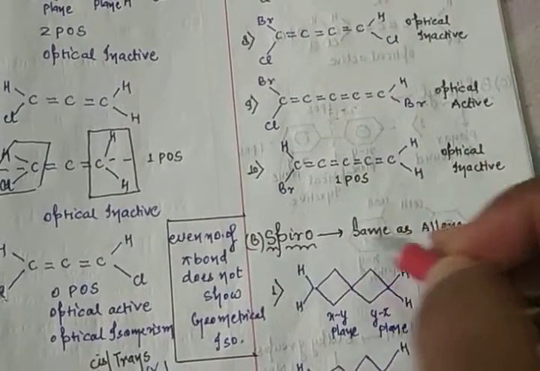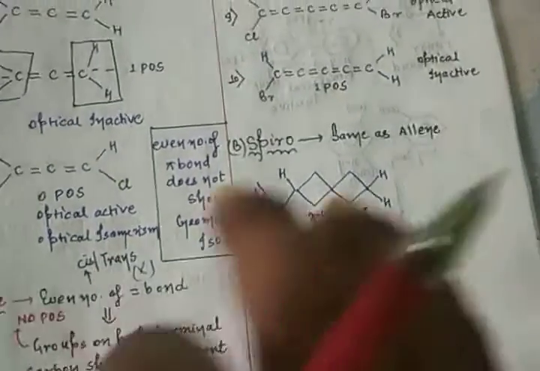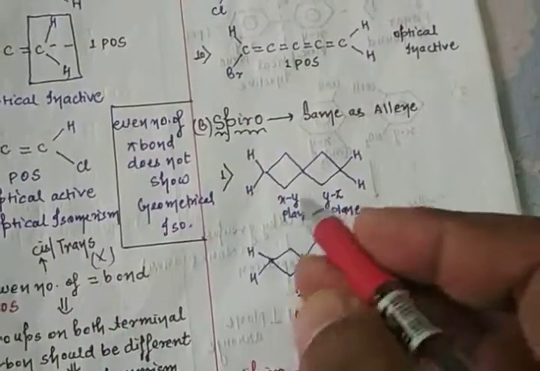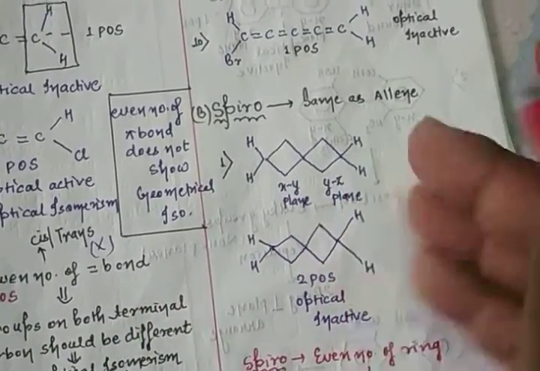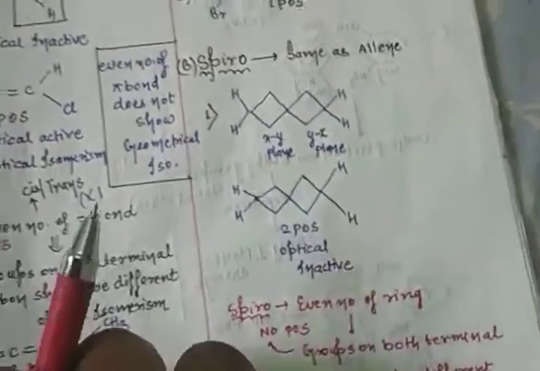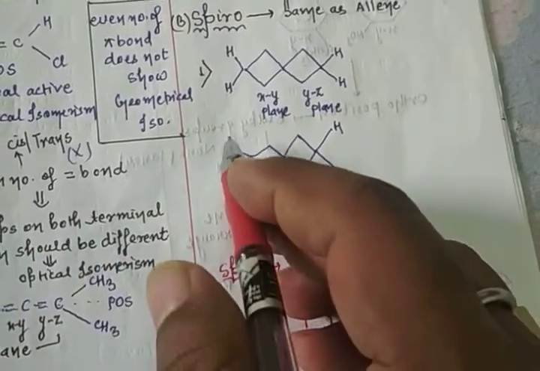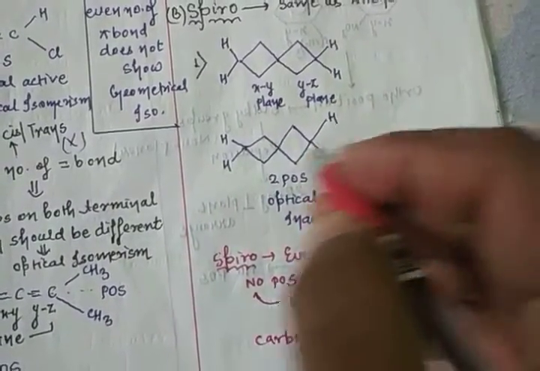Okay, so you know very well spiro compounds and allenes are the same. So one double bond means one ring. The same for this, same for this. So look, just check XY and YZ. So one for the XY plane and one for YZ. That is, XY is planar and YZ is perpendicular for this. So there is again one plane of symmetry on that side. One hydrogen is the same and one hydrogen the same. There are 2 planes of symmetry.